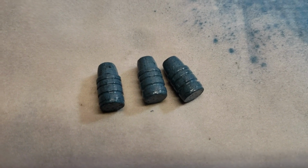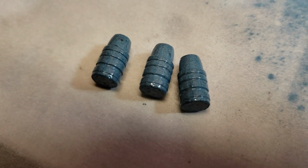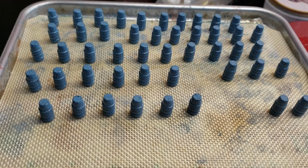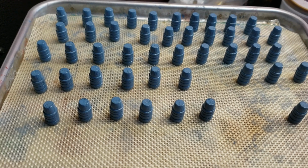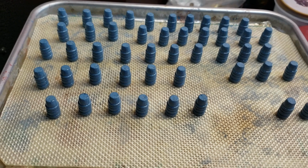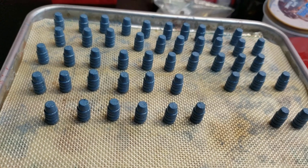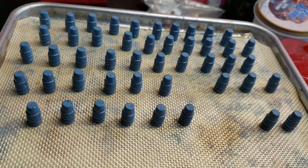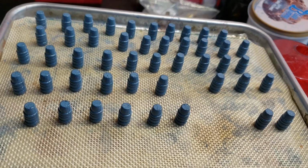Okay, I added some of the old lead, which was the speckled gray, in with these. I'm getting some very light speckling. Looking back at these, you can't really see a whole lot of difference between that and the dark blue and squirrel gray mix. So I've added a little bit more of the old lead mix in with my concoction that I've been building, and another scoop of squirrel gray. I'm going to do that on my last 30 bullets that I've got cast up of these